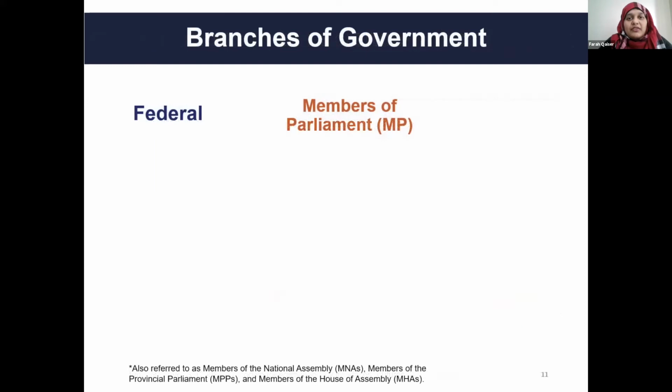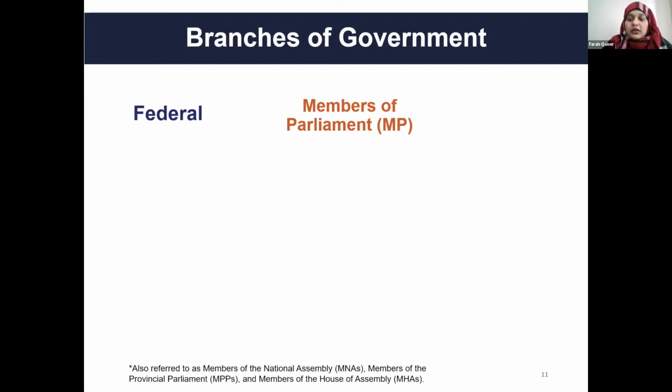So when it comes to branches of government here in Canada, there are three. You've got the federal branch of government, the federal level, where the people who serve are members of parliament. These are individuals who will run in one of the many ridings here in Canada. You have your elections every 4 years. And once elected, the members of parliament represent their riding, their constituents, and they may take on roles such as minister roles, and they are people you can reach out to and have a conversation and advocate for an issue that you care about.